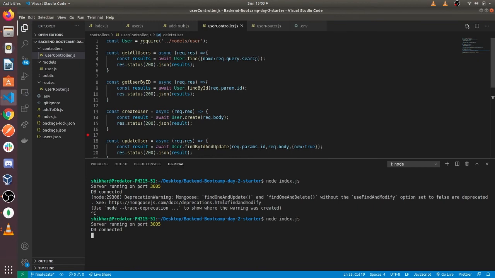Just so it can support substring search as well, you can use the regex operator. Let's bring it out here.